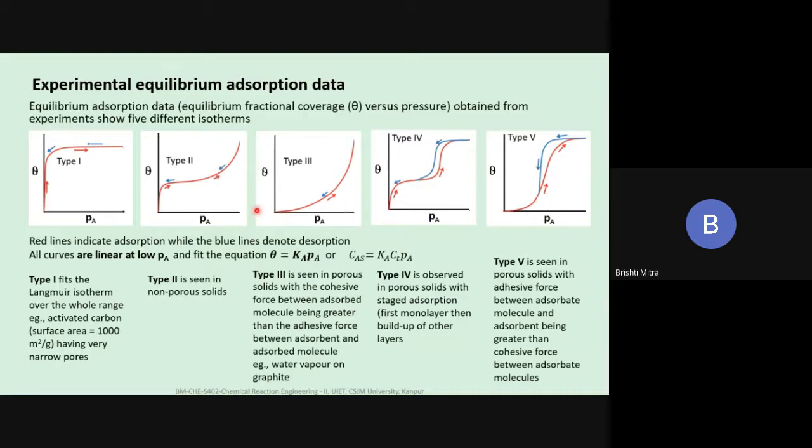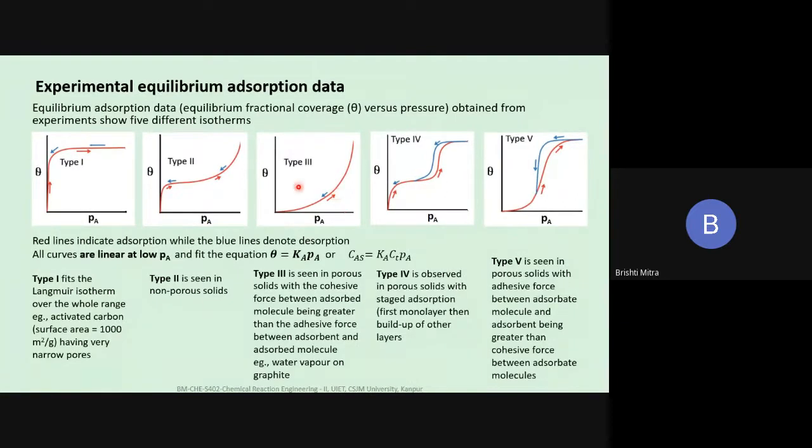So when we are looking at these figures, the red arrows, as I've written out here also, indicate adsorption, while the blue lines denote desorption. So for type 1, type 2, and type 3, you will see there is no hysteresis. If you remember, you might have studied hysteresis when we were talking about magnetism. When you try to magnetize a material and then demagnetize it, if the curves do not fall exactly on top of each other, we say there is hysteresis. The same thing happens here: this is the adsorption curve, and then you desorb it.